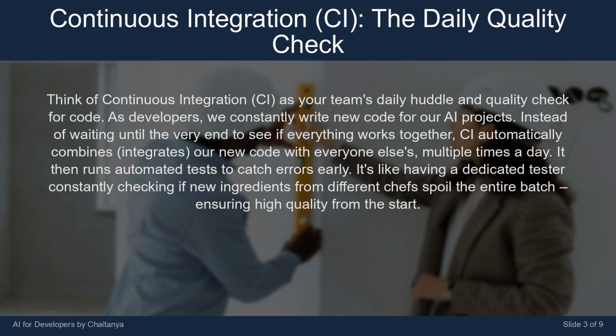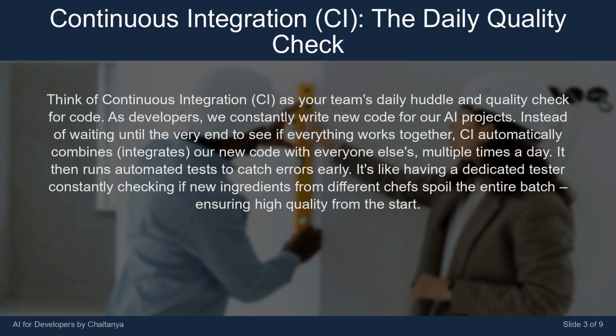Think of continuous integration, CI, as your team's daily huddle and quality check for code. As developers, we constantly write new code for our AI projects. Instead of waiting until the very end to see if everything works together, CI automatically combines, integrates, our new code with everyone else's, multiple times a day. It then runs automated tests to catch errors early. It's like having a dedicated tester constantly checking if new ingredients from different chefs spoil the entire batch, ensuring high